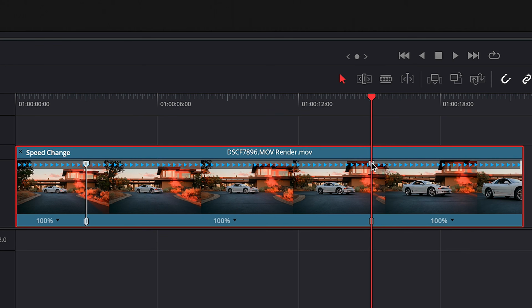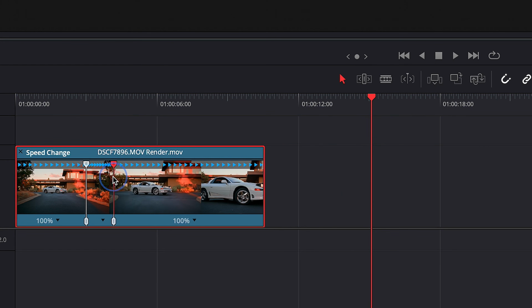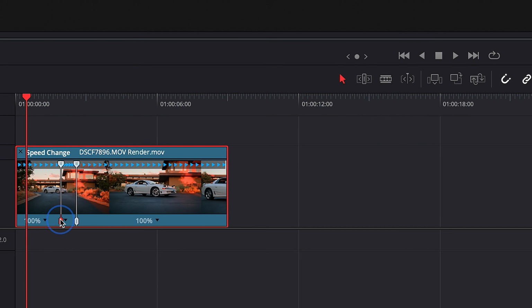Resolve has supported retime speed curves and Bezier smoothing for years, but Resolve 20 introduced the redesigned keyframe and curve editor workflow, changing where and how those controls were accessed. This made it easier to work with animated parameters directly from the edit page, but the updated retiming workflow also caused some confusion for editors who are used to adjusting speed as a percentage. When you work with the retime speed curve, increasing or decreasing the speed of part of a clip can also change how much timeline duration that section requires. Depending on your ripple settings and surrounding edits, this can make it more difficult to keep a speed ramp aligned